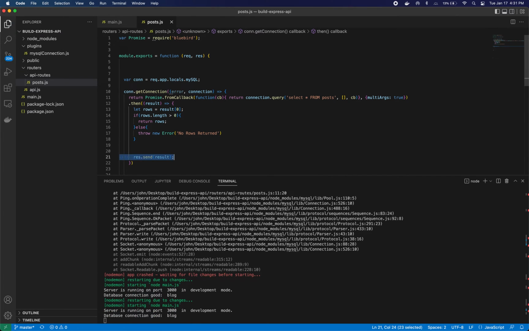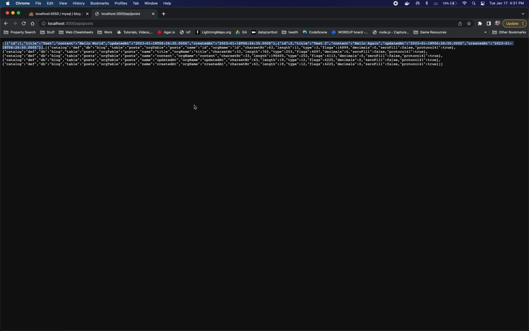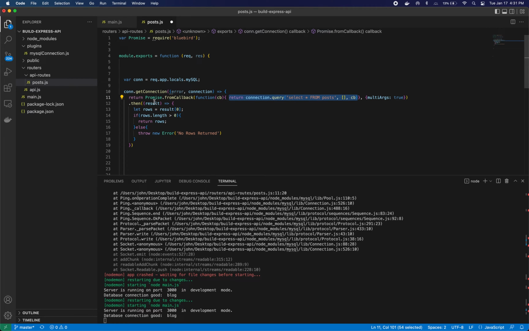We're going to get rid of this send because we're not going to send it. So notice, here this is our query. This is the beginning of our promise chain, and whatever results are returned from this connection, which is all this data we see, gets passed in here as result. So we're doing this block of code after this one is completed. That's the benefit of the promise chain. We do this, and it forces it to finish and return data before we move on to the next thing. So now that we've isolated our rows or thrown an error,